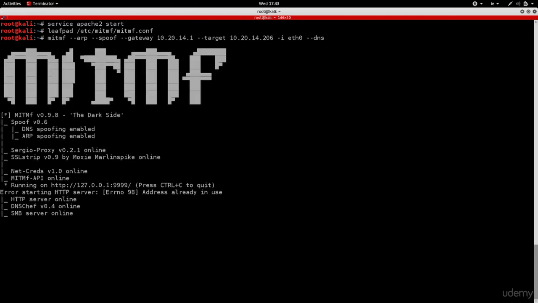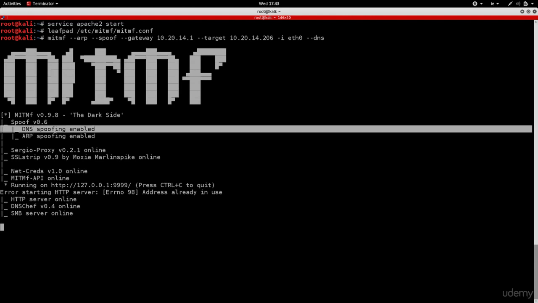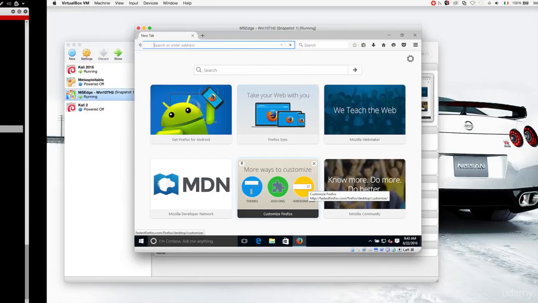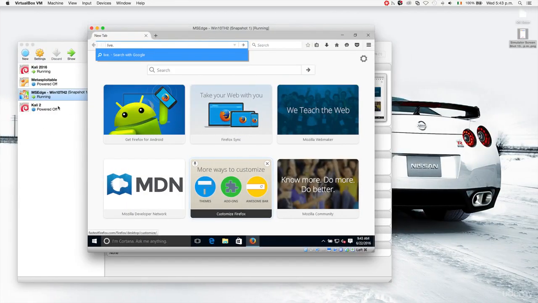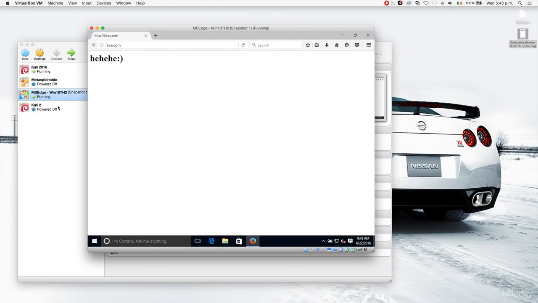I'm going to hit enter, and you'll see that DNS spoofing is enabled. So let's go to the target and try to go to live.com and see what happens. And as you can see, live.com actually uses HTTPS, and it has been redirected to our own website